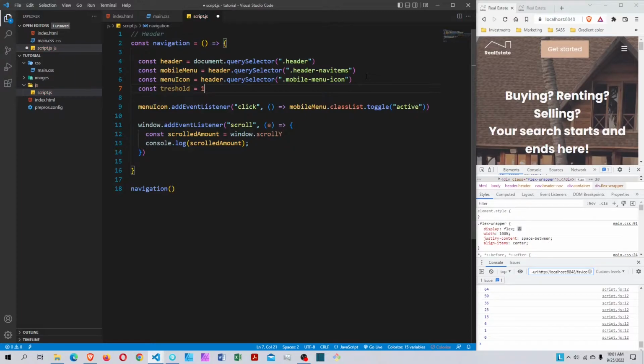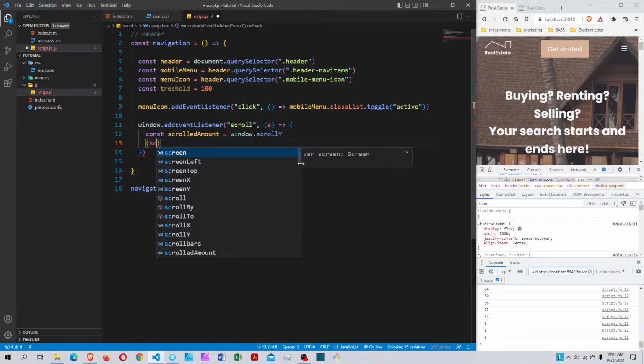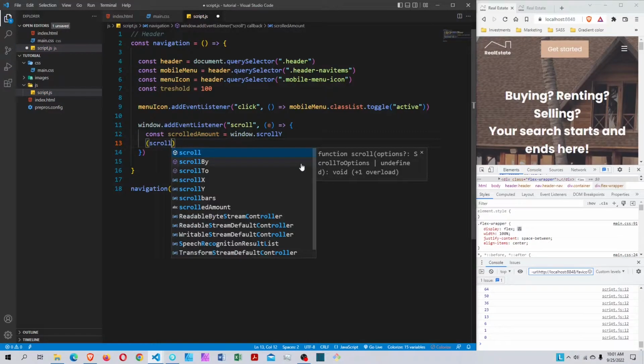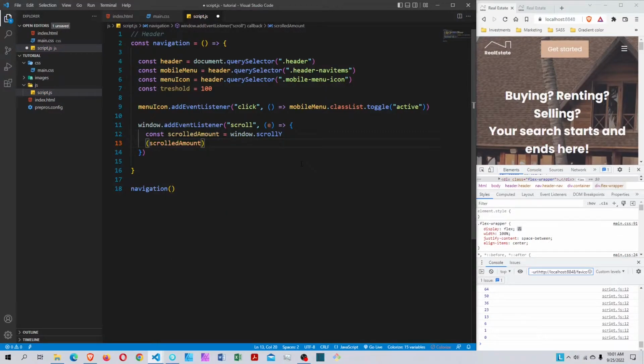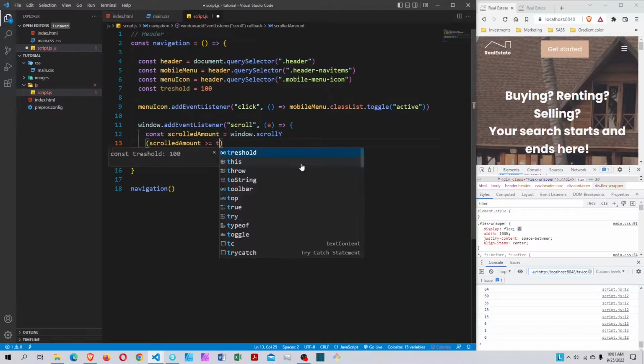Now put it to 100. So that's the minimum we had to achieve scroll in order to add the background color. So I will use the ternary operator for the if statement and else. So if scroll amount is greater or equal to the threshold,